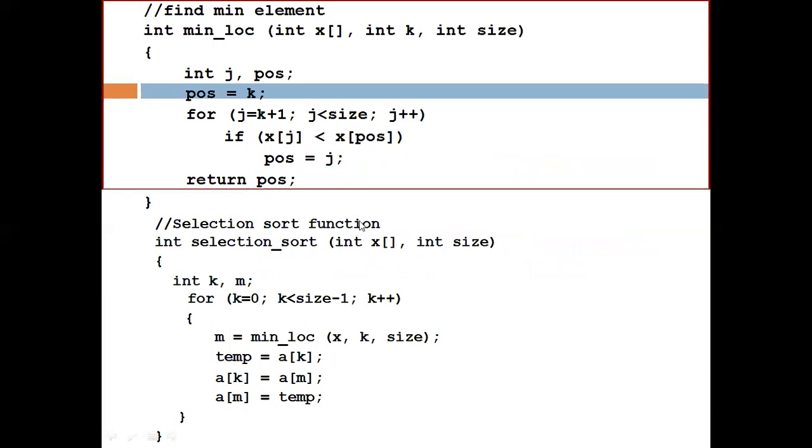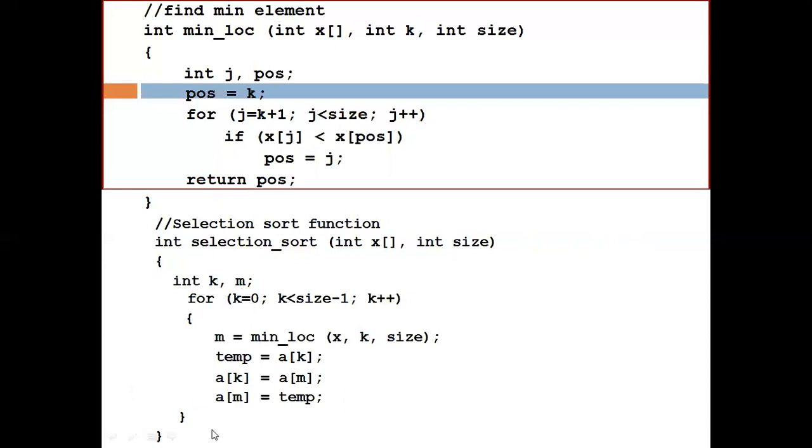Selection sort: the input is an array and its size. We take a counter for the for loop, k, and this is m for storing the minimum element, the value of the minimum element of that sublist.